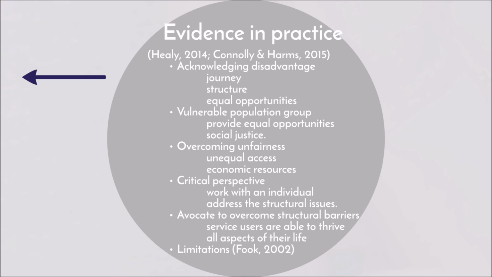Specific examples of our use of critical social work theory can be identified through looking at our approach to practice. We have been able to acknowledge Elsie's disadvantage due to her journey, including consideration of her history. While we have been critical of the current structures and policies, we have been able to work in a way which uses the existing structures to provide equal opportunities for the client, including the provision of transitional housing.